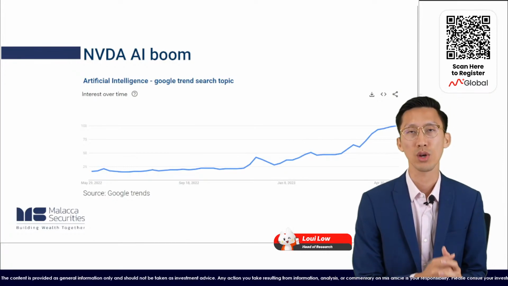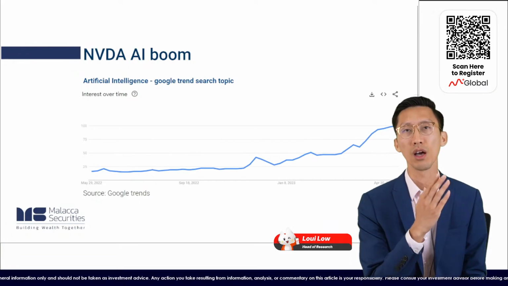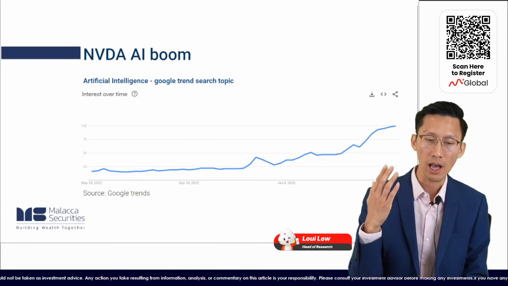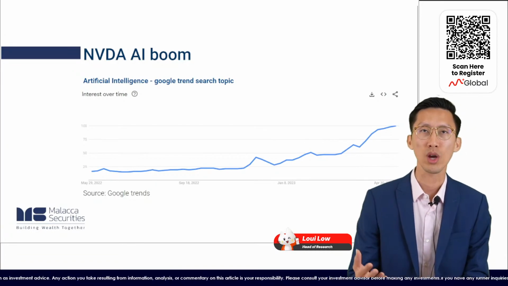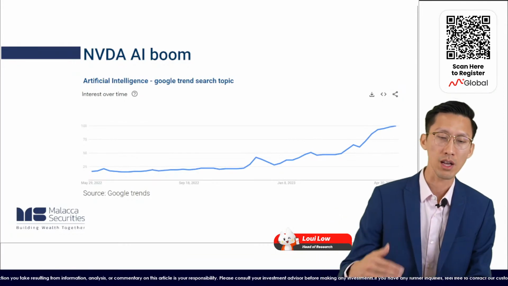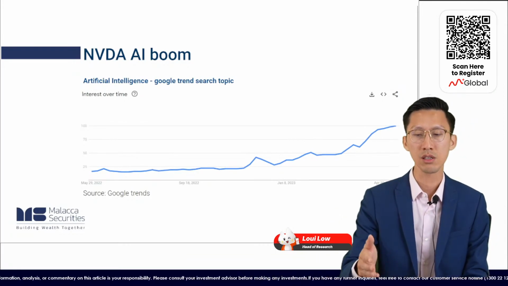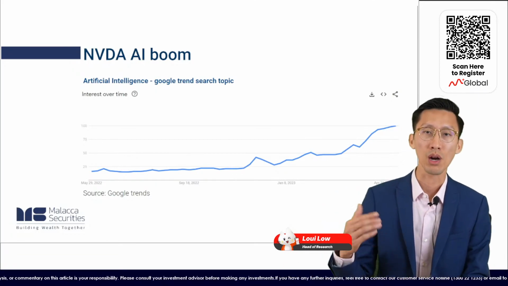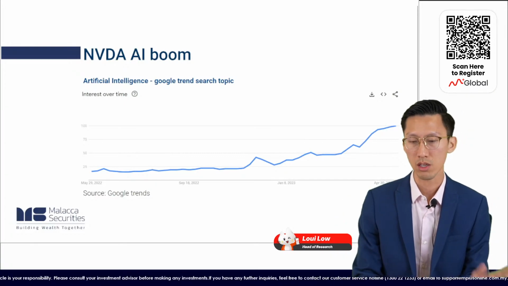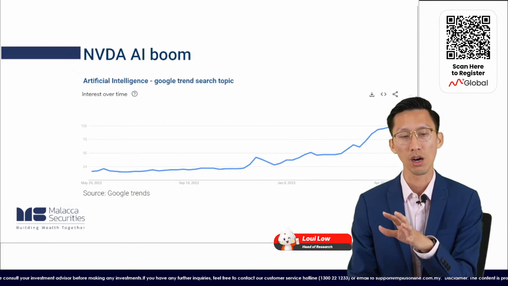Therefore, the trend has stalled for Bitcoin, and therefore Nvidia's price has collapsed since then. But right now, it has a new trend, which is the AI-related trend, and we believe that if this continues, the artificial intelligence trend continues until it turns down, then perhaps we can see Nvidia's share price come down. Okay, so that is one thing I will continue to monitor on this chart, the Google Trend search topic